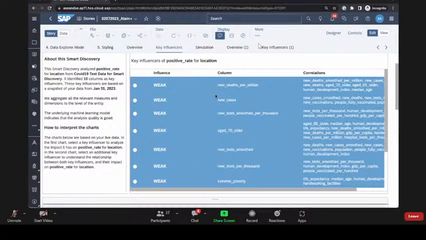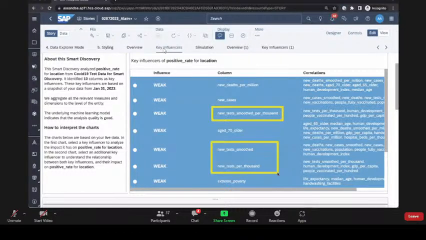In this case, what we can see as elements that affect positivity rate are the following. Obviously, new cases. The more cases there are, the more likely it is, of course, to have a higher positivity rate, as well as the testing, right? The more we roll out testing in a country, the more likely it is to have a positivity rate. But the purpose of that, again, is to make sure that people who are positive are able to quarantine